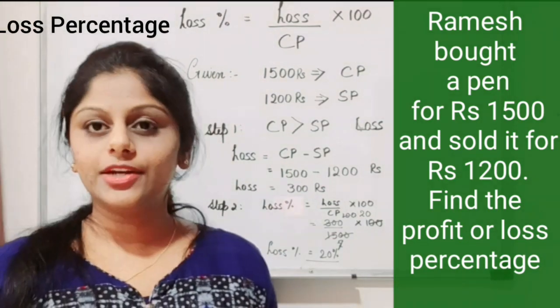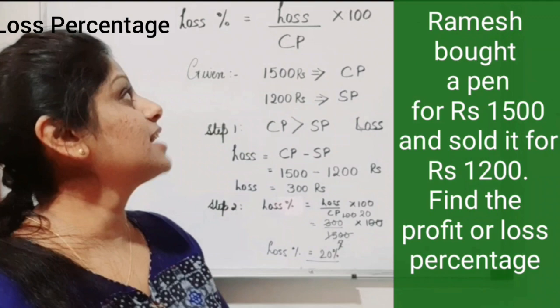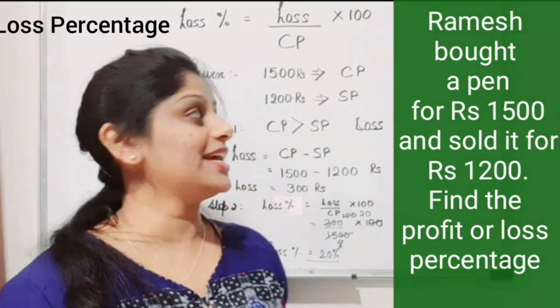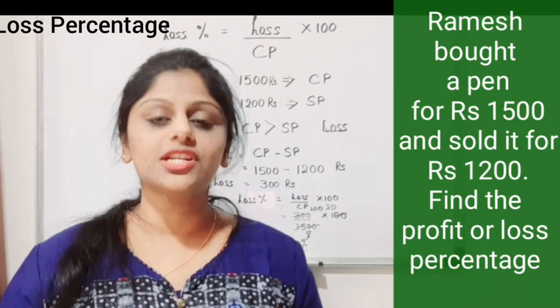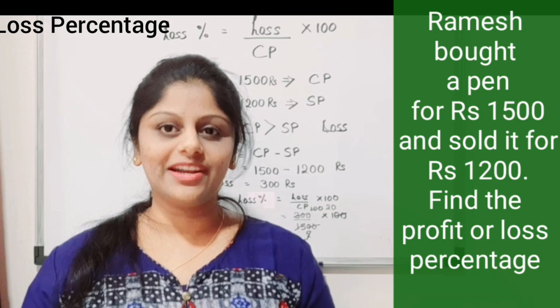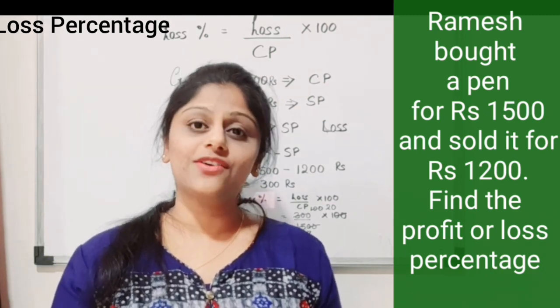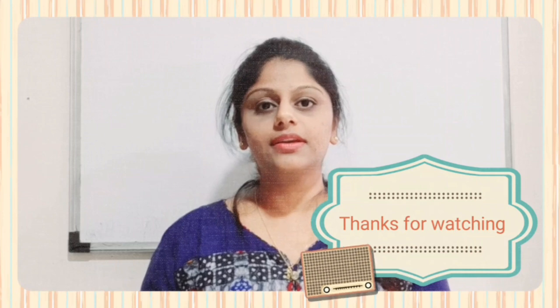See, again it was so easy. So, the only difference between loss percentage and profit percentage is that we have loss in the numerator for one and profit in the numerator for the other. In both cases, the denominator will always have the cost price, that is the original price, because we are always comparing our value with the original value at which it was bought, to check whether it is a profit or a loss. So friends, I hope the concept was very clear to everyone.